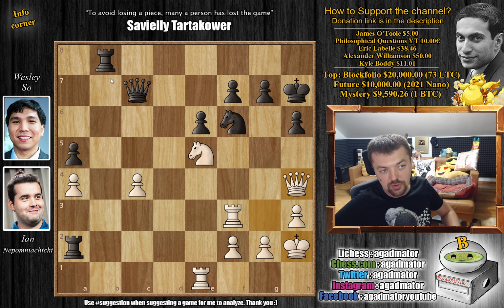on c7. So here, rook b to b2, now with a double attack on the f2 pawn. For the moment, it's defended, but things change very, very quickly. And here you should definitely bring the queen back, queen to d4. This queen needs to be centralized, but he doesn't care. He just plays rook e to e3, adds another rook to the third rank, and now he's basically offering a